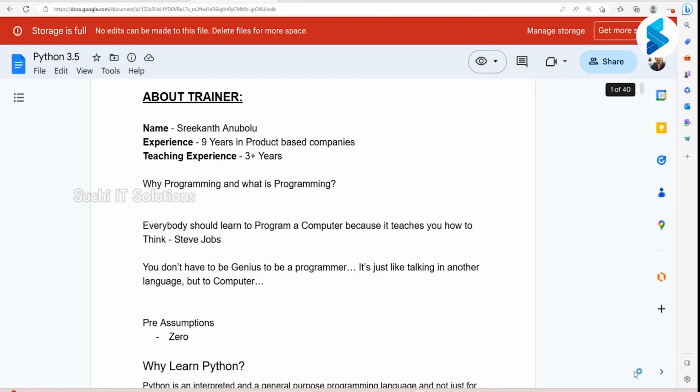So let us say I ask you, what is 10 plus 2? 12, right? What exactly did you do right now? You have done addition. Where did you do that addition? In your brain. You just calculated, right? In the same way, on a computer, the brain is your processor, which can do calculations, which can do computations.